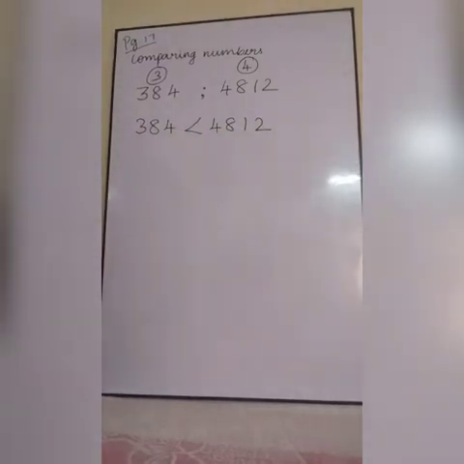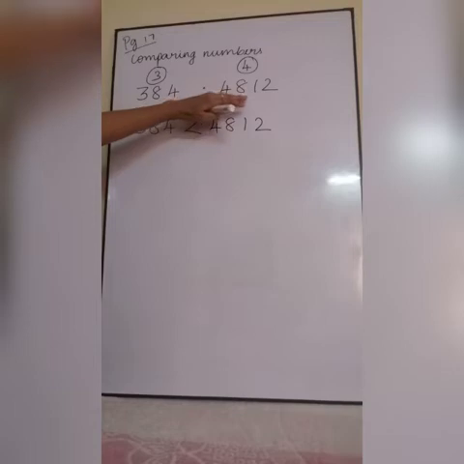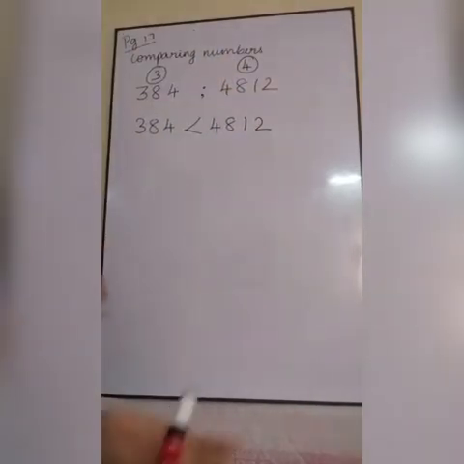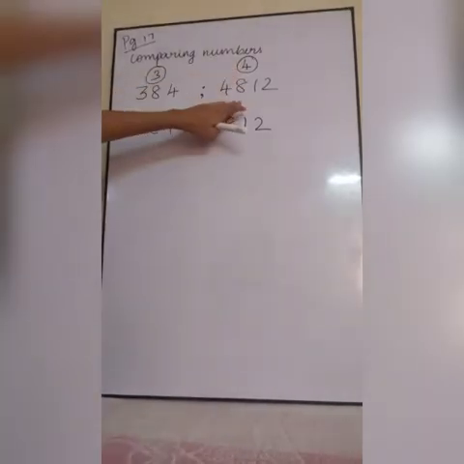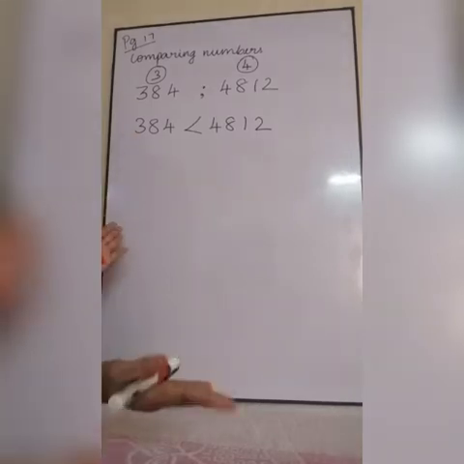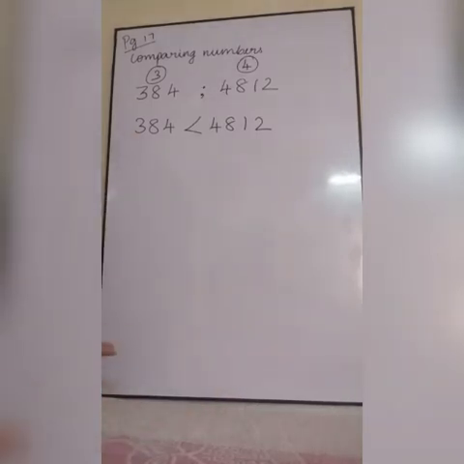Listen carefully. First what I am doing is I am going to compare two numbers. First I will count the number of digits. Here how many digits are there? 1, 2, 3. So I am writing 3 here. 3 digits are here. 1, 2, 3, 4. 4 digits are here. So which number has more digits? This number. So this is greater than this number. Okay, the number which has more digits is greater when compared to the other. So this is one type of comparison.